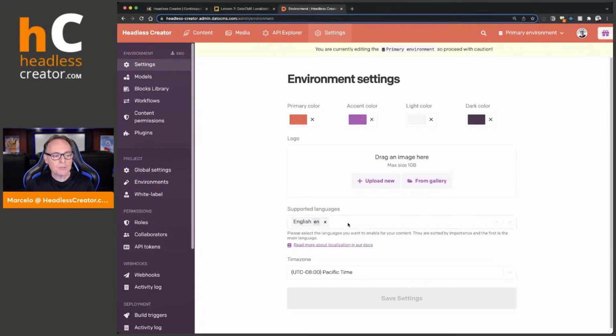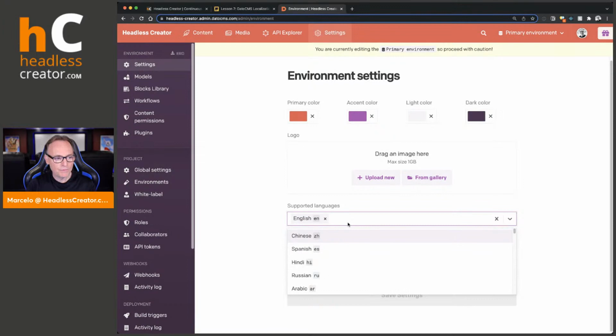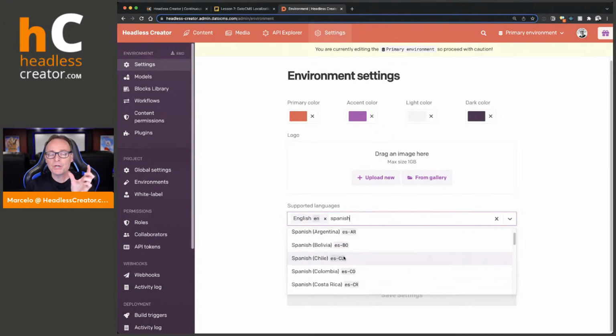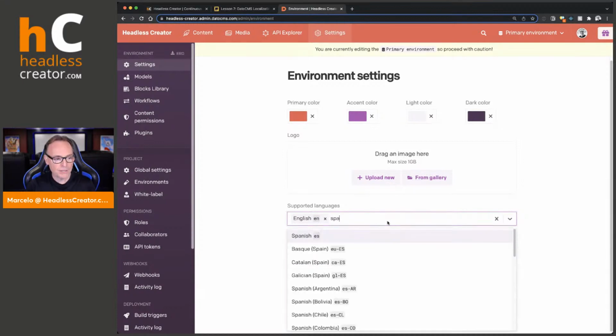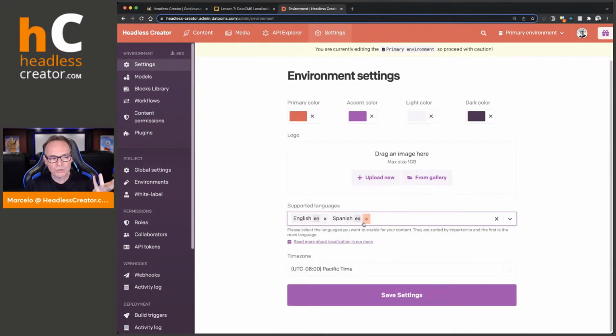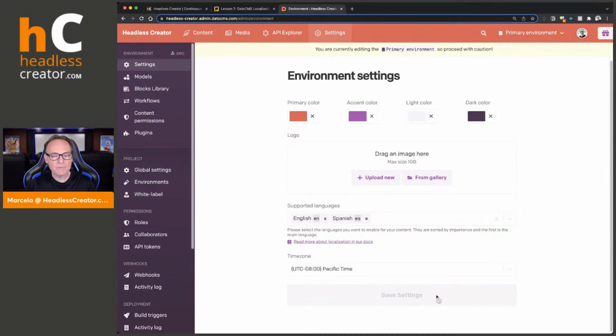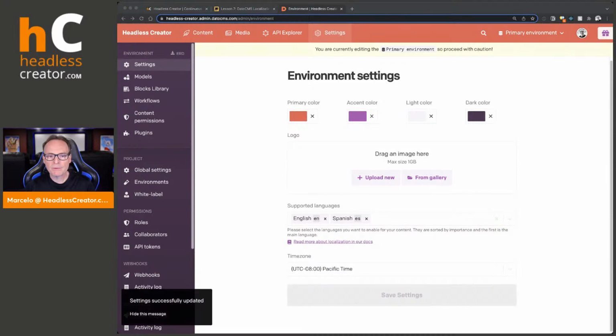So what I'm going to do is add Spanish. Now, if you type in Spanish, you see that there's a bunch of Spanish locales. Remember, language and location. So Spanish Argentina, Spanish Bolivia, Spanish Chile, right? I'm going to, of course, select Spanish Argentina. They also have just regular Spanish, which is all Spanish, doesn't matter the location. We can do that one. We'll just keep it like that. Simple. I'm going to click on save. Okay, so now that we've done that,